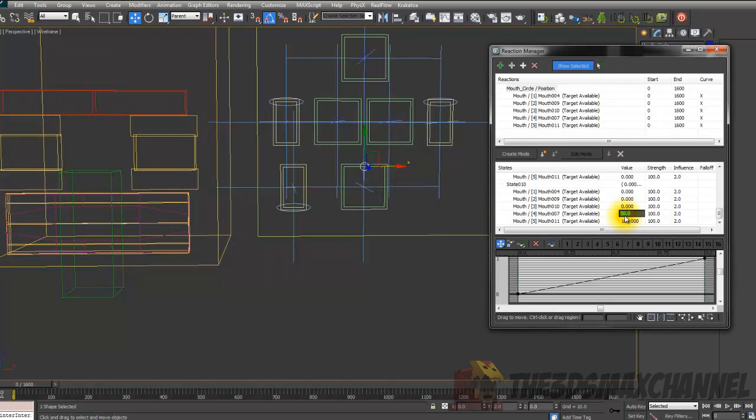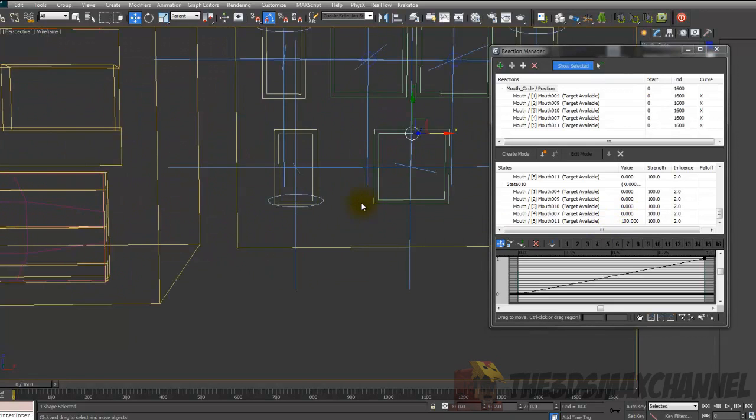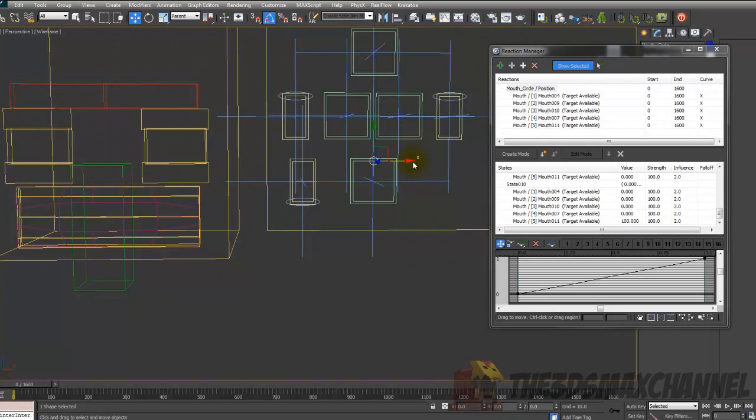You may want to change the mouth 07 here to 0, so that one isn't affecting it. Again, back to 0,